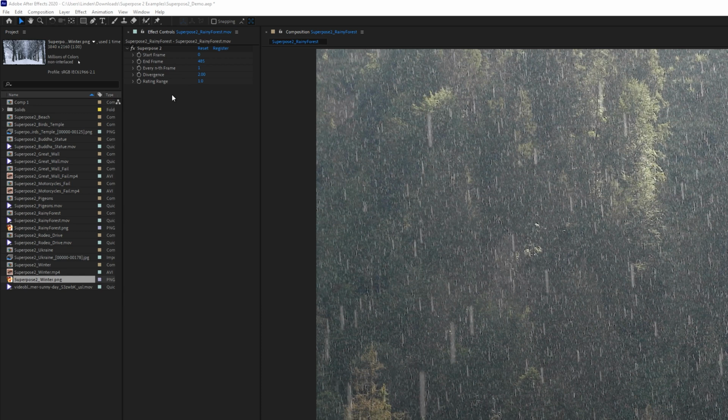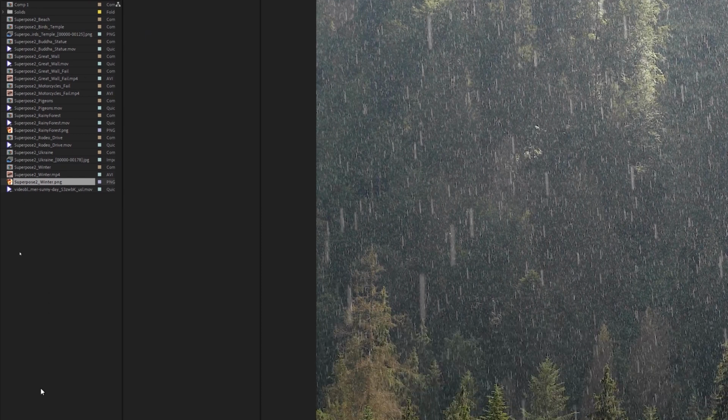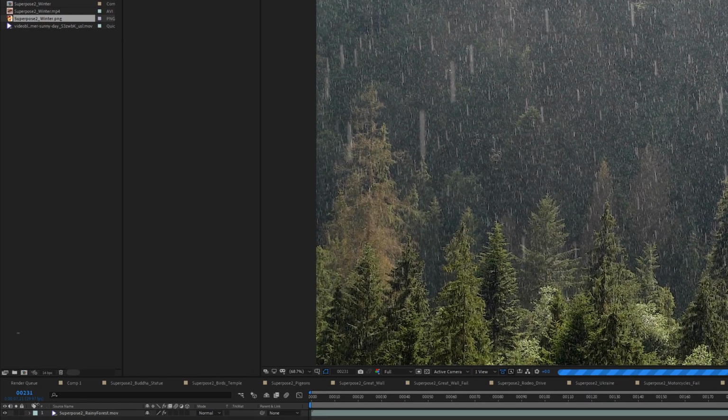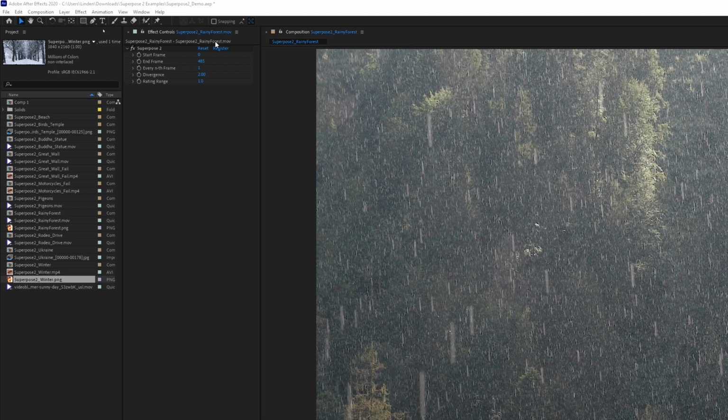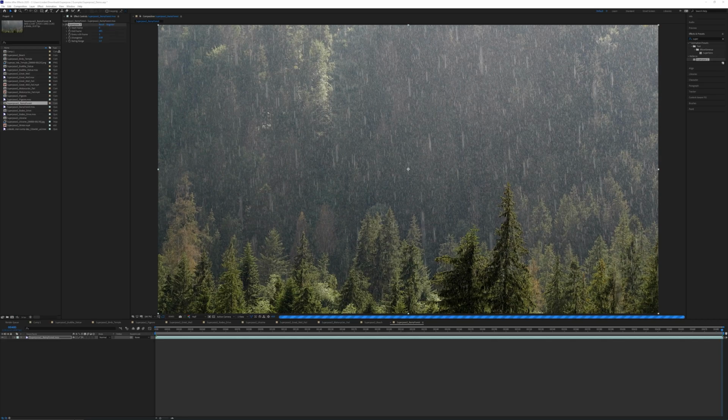If it's too high though, then it'll look kind of blurry, like bad frame blending. And if you're at 8 bits per channel, you'll want to use a higher divergence value, but if you're in AE, then I always suggest using a minimum of 16 BPC anyway. So that's what we'll be using for this. Lastly, the rating range is used to determine which pixel is kept in the final image. So 1 means whatever the algorithm ranks as the best pixel. You can bump this up a little bit, but like with divergence, you could get some weird ghosting if it's too high. So just try these with the default values, except you will need to adjust the start and end frames. All right, so let's change these and let it work.